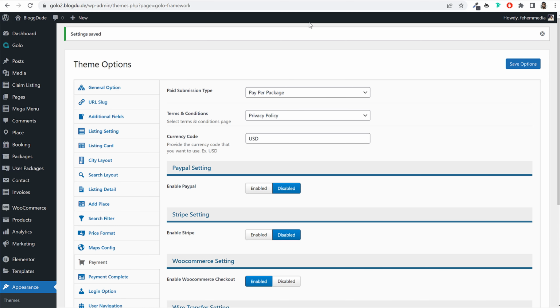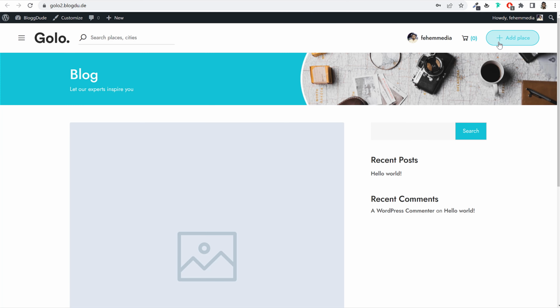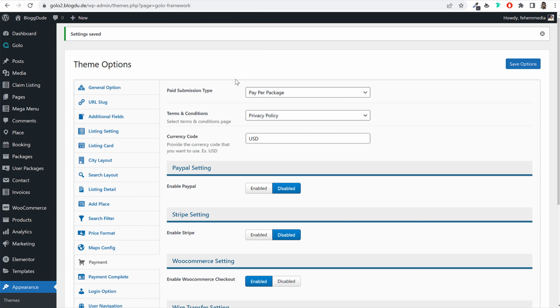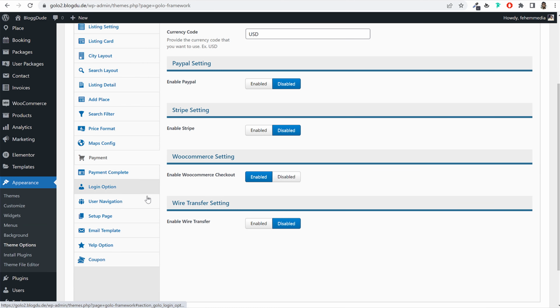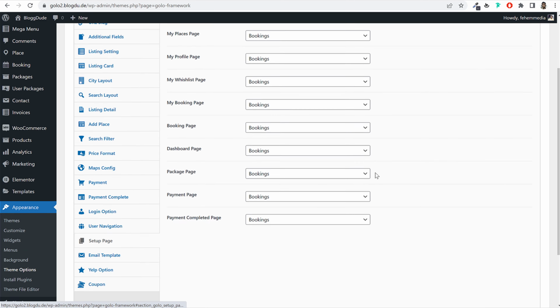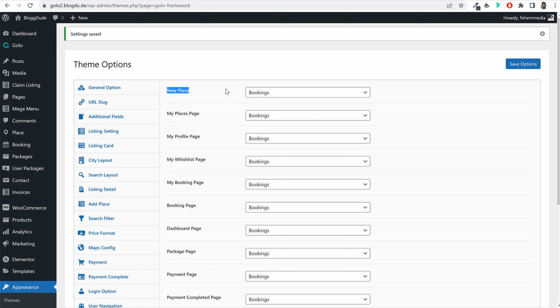Now with this, let's also do one thing. Let's set these pages, because right now if I click on add page, although we have created that add listing or add place page, this is not working. So let's fix this as well. We'll come over here and you will see the pages option. Here as you can see, setup page, click on this, and from here you can select this option. So under new place,